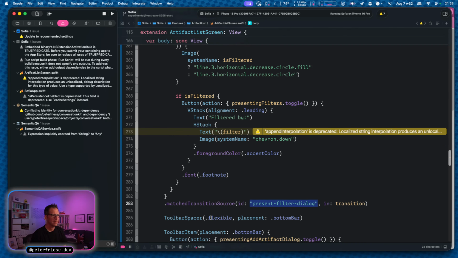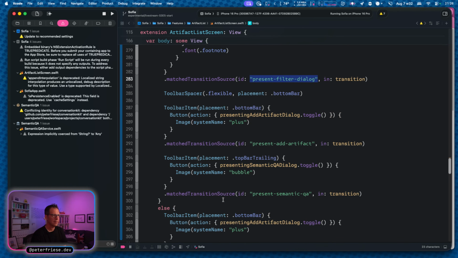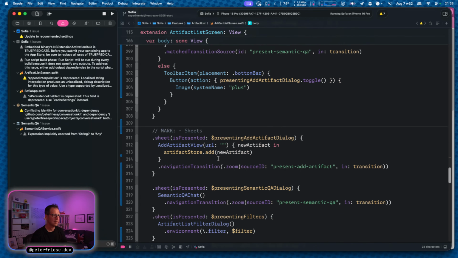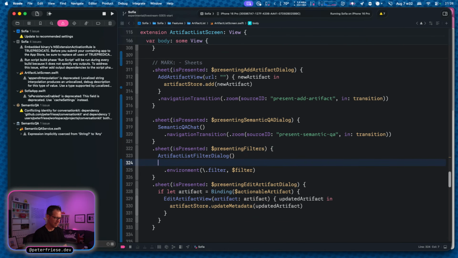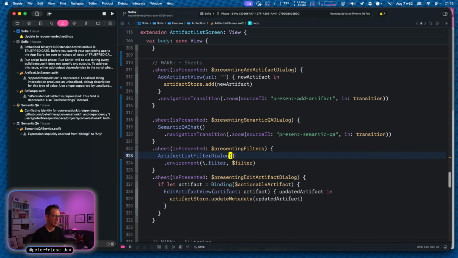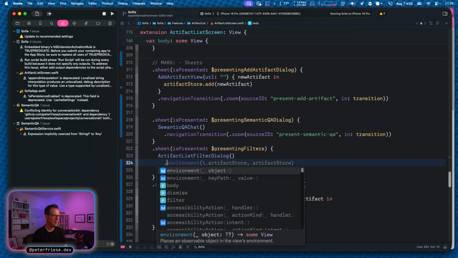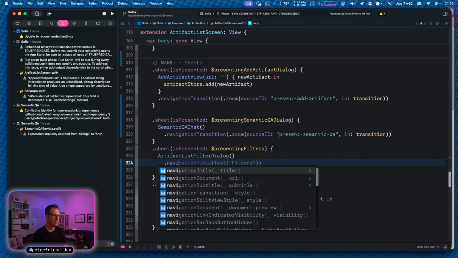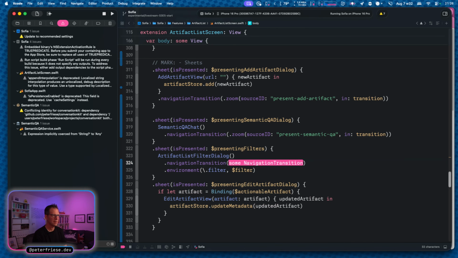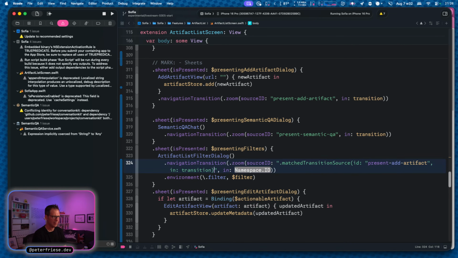And then on the filter sheet, we need the navigation transition dot zoom source is,